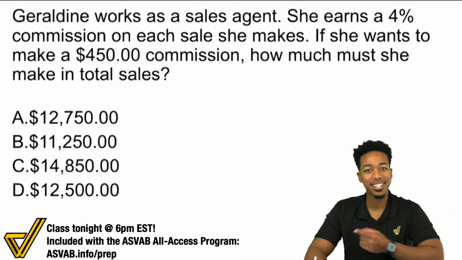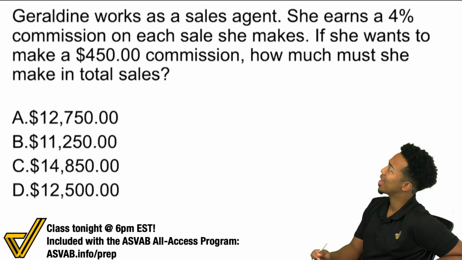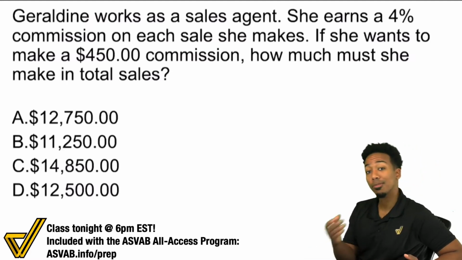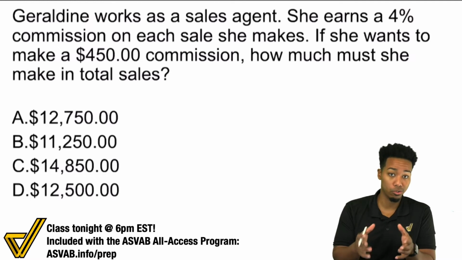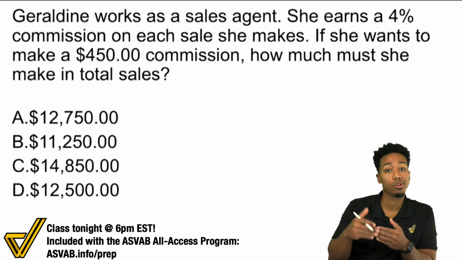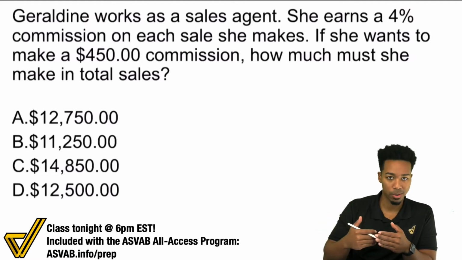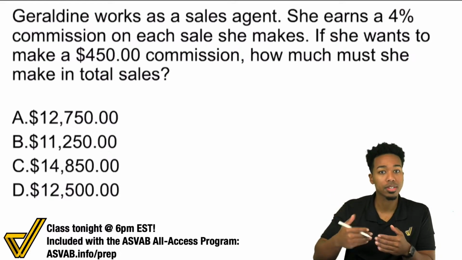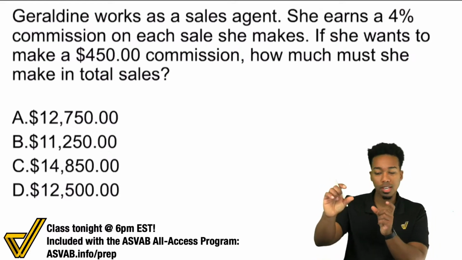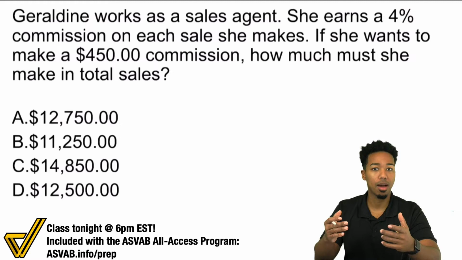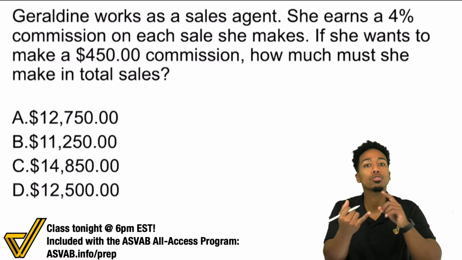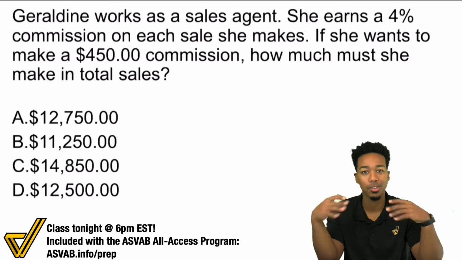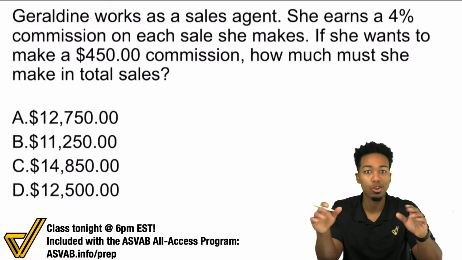Coach Anderson here. Let's go ahead and go over a word problem that involves percents. We're working backwards here. It's a challenge question that a lot of people need to be able to know how to do, because it's not always about knowing how to work forward. It's about knowing how to work backwards. Because if you know how to work backwards, that means you can spot those key phrases and key elements of a problem that you can tell, not just the topic, but which direction you're going in. And this is awesome to know, and it's going to give you a higher score regardless of which topic it is.